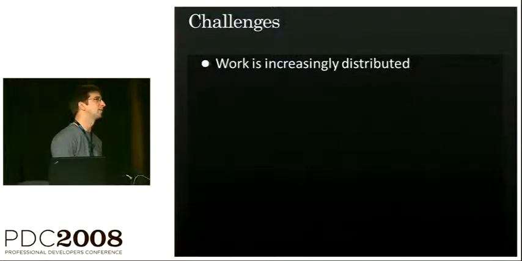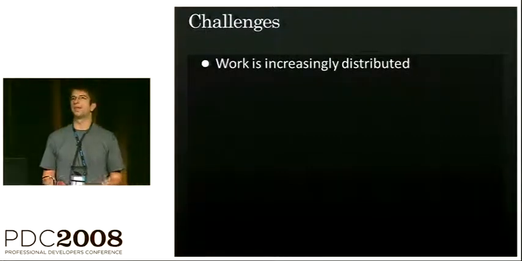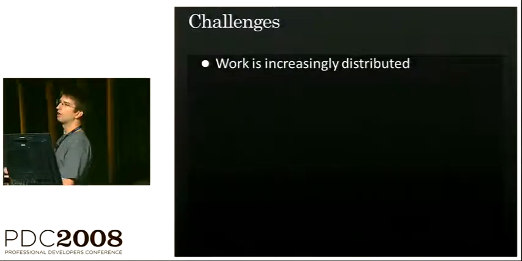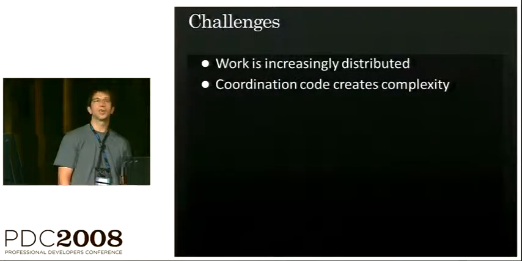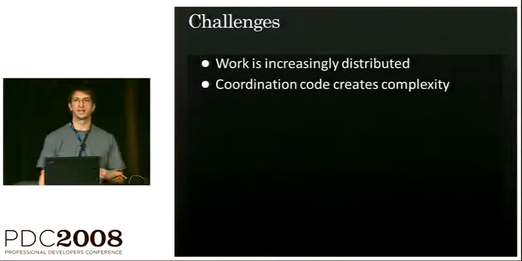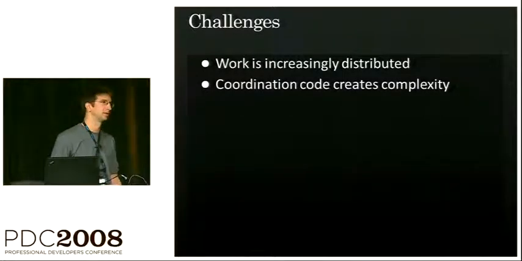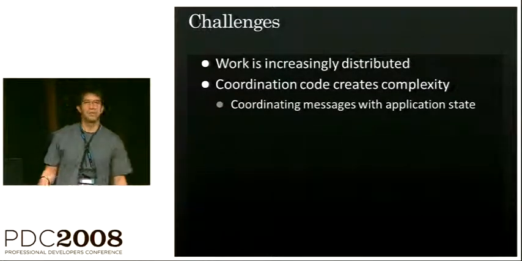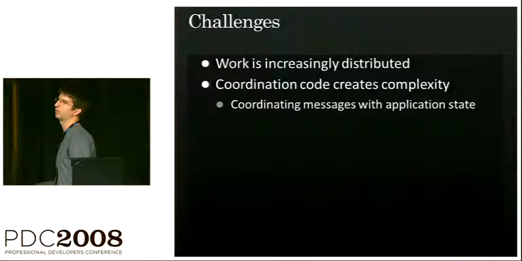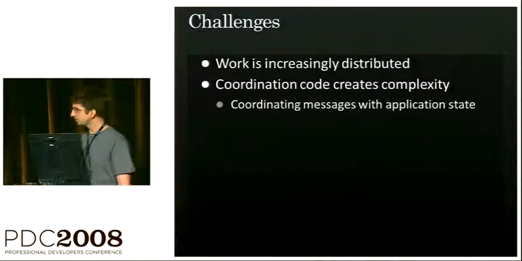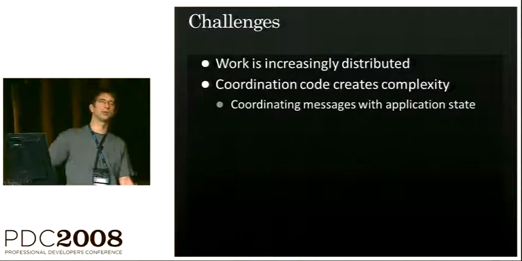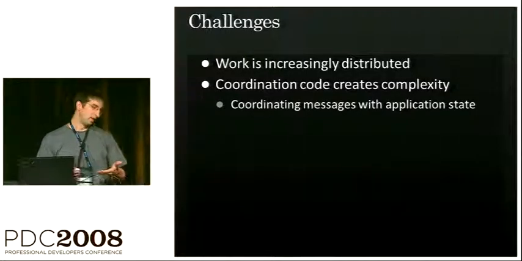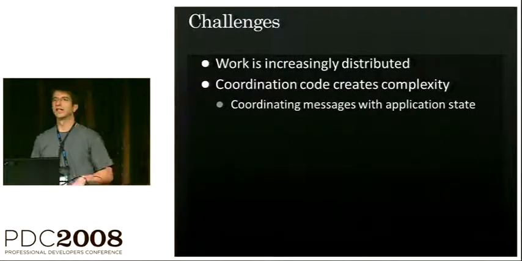In the apps that we write today, more and more work is being done piecemeal than ever. Our services may get that work done by calling a database, calling another service, but the code that we write to coordinate that work is complex. Consider a service that manages some state over time, right? Typically, we put some state in a database to make it queryable. In order to be efficient with server resources, we try and keep that state out of memory. So we see this pattern where we've got this operation with an argument on this operation. We use it to go and look up some state in a database, evaluate whether this message is appropriate given the state in the database.